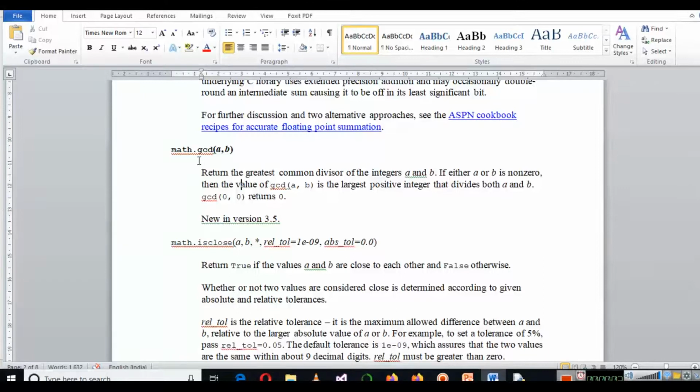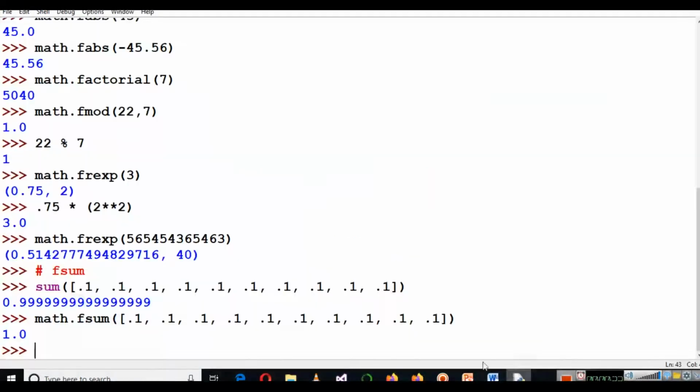The next method after fsum in the math library is the gcd method. GCD stands for greatest common divisor. It returns the greatest common divisor of the integers a and b. Again this particular method will take two parameters.